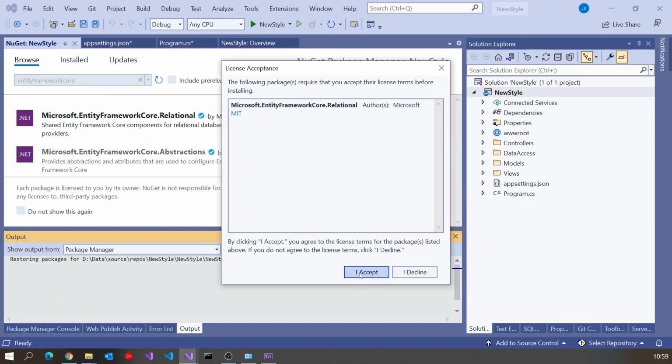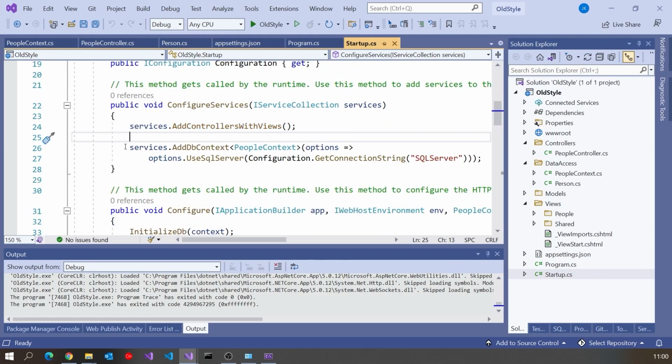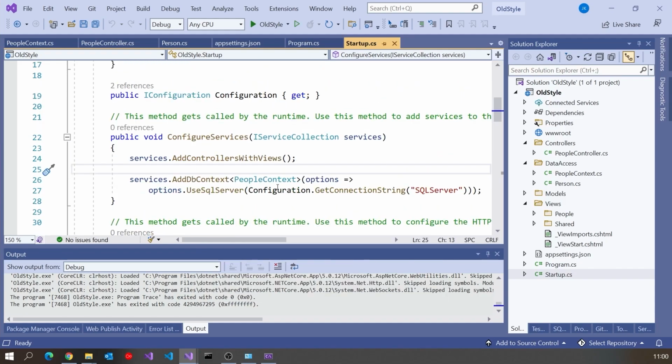So we'll pop all of those in. And what I now need to do is put that into the program and have that all set up for injection and that sort of thing. So if we go back here and look at the various steps for that, the first thing we needed to do was have this bit of code where we configured the DB context and got hold of the connection string from the configuration, which is a property that's set up for us, and put all that together.